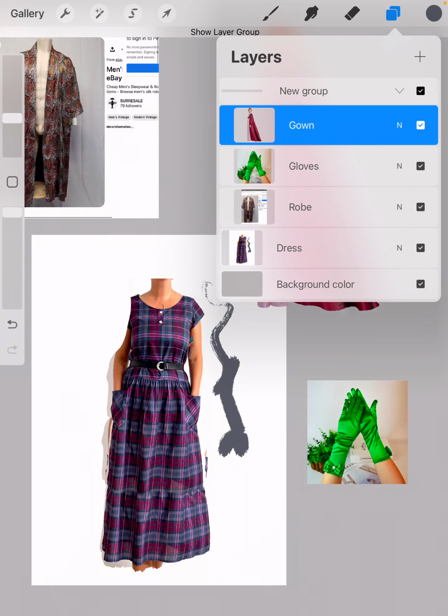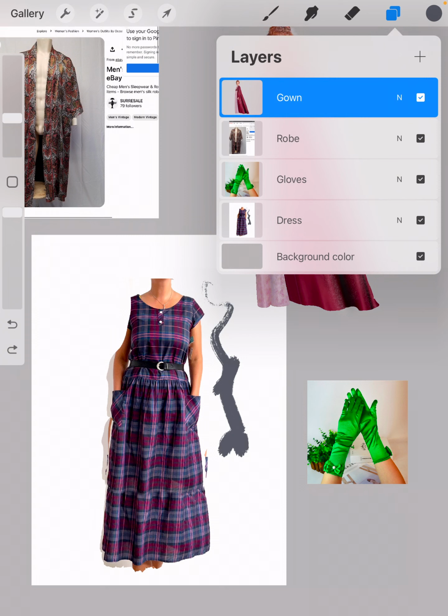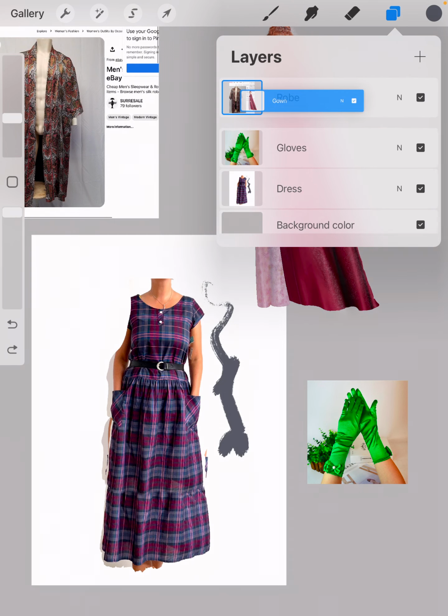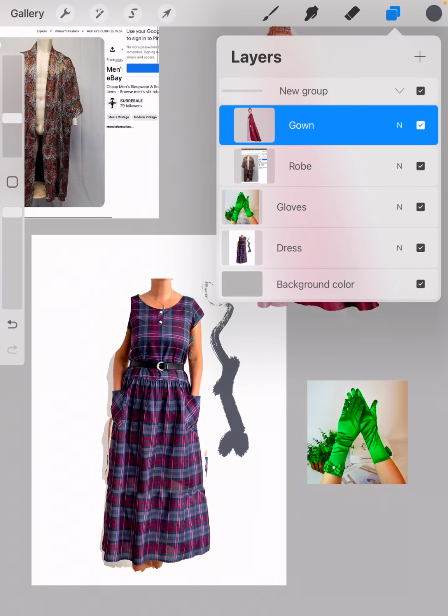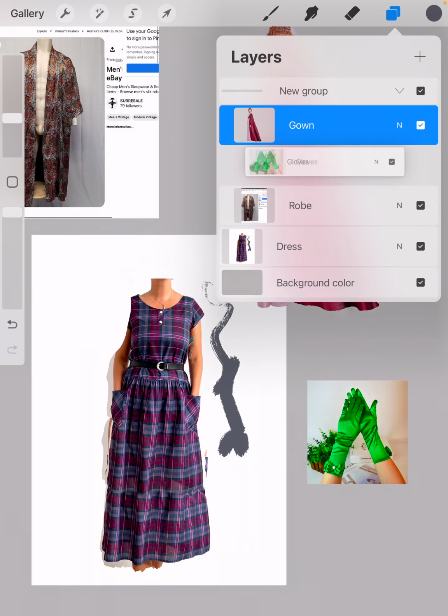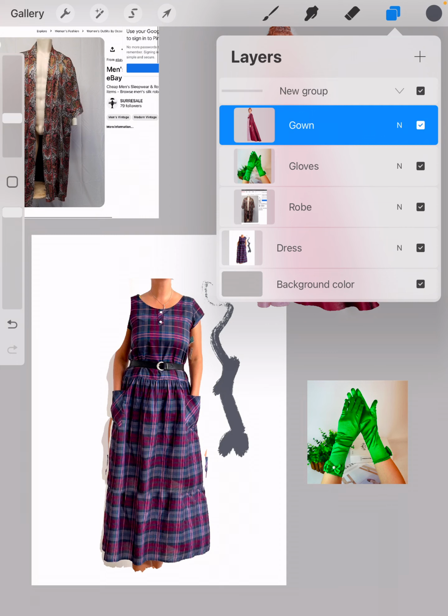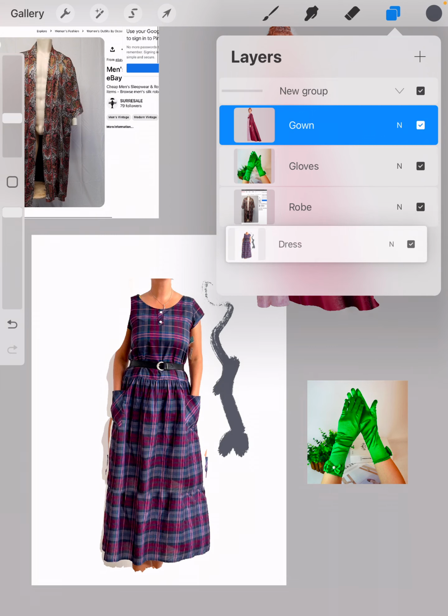Does that make sense? So let me reverse it and show you how to do that again. All right, so let's say I want to put all four of these in a group, right? I'm going to grab this, and then I'm going to put it right, it says robe, until I get the little square around the picture, and then let it go. Then I'm going to take this, and I can, right? But it will also move its placement in the group of layers, all right? And I can do the same thing, all right? One more time,